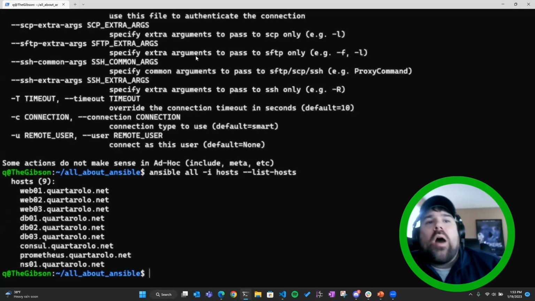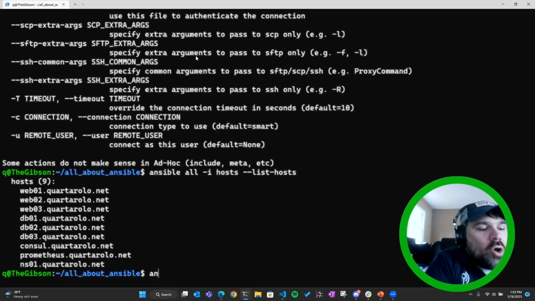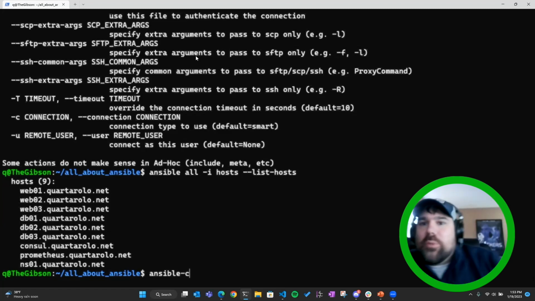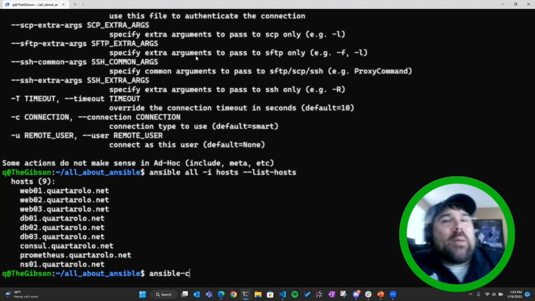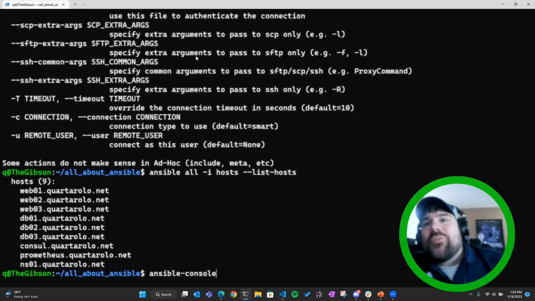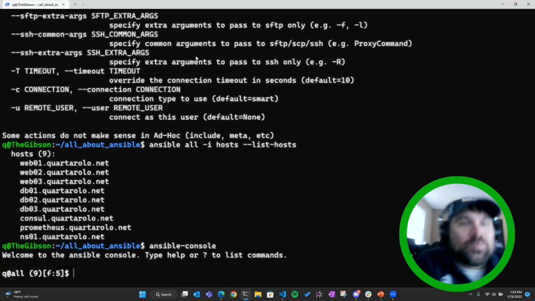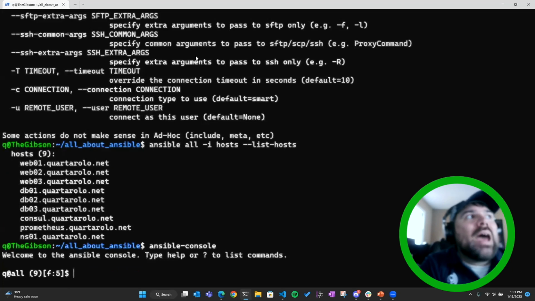However, that's a lot of typing for just listing out all the hosts. There is also an ability. I stacked a whole bunch of books in front of me to hold my camera up, so I'm doing my best, guys. So we also have the Ansible console, which is just awesome because now we can literally just